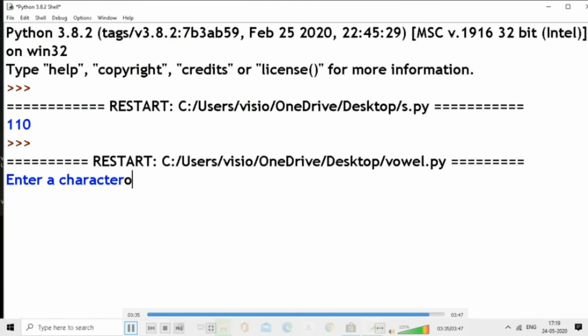And we will be getting the answer like O is a vowel, and immediately you are getting a prompt. So this will move to the if part. In the if part only I have specified using the in operator whether it is a vowel. So you are getting the answer like O is a vowel and then the prompt. Now you are thorough with this small and simple Python program.